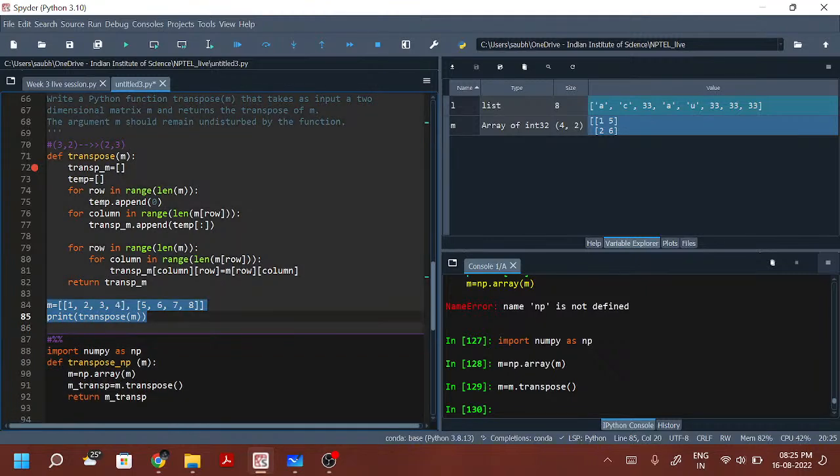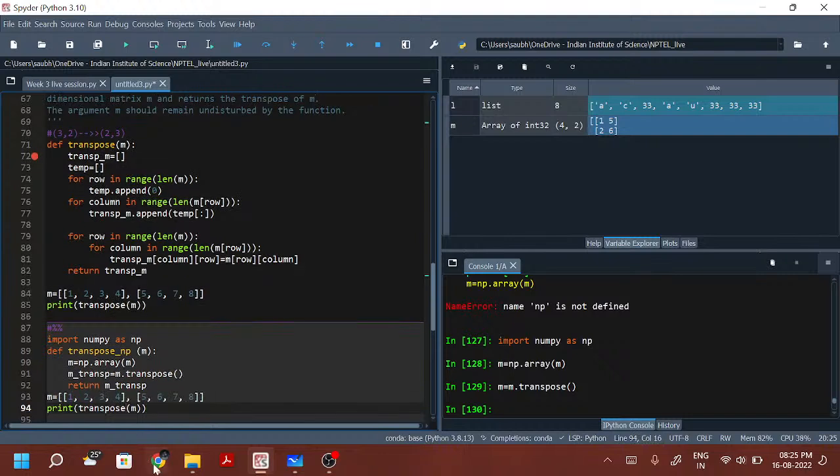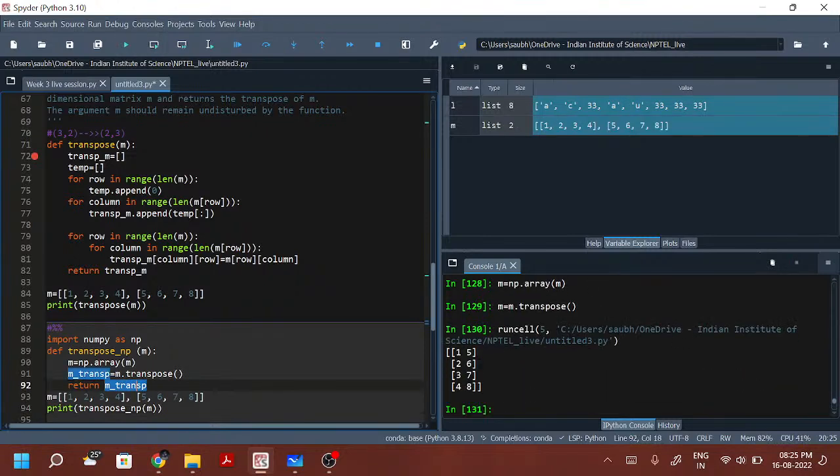This is my transpose using numpy. If I run this, it gives me the result. So there's a one-liner by using numpy, but this you